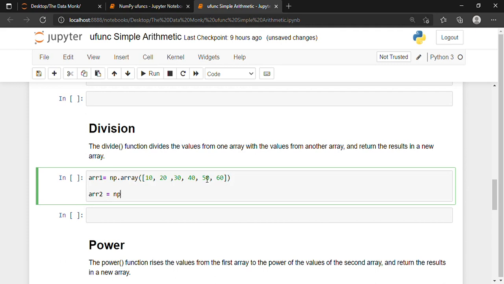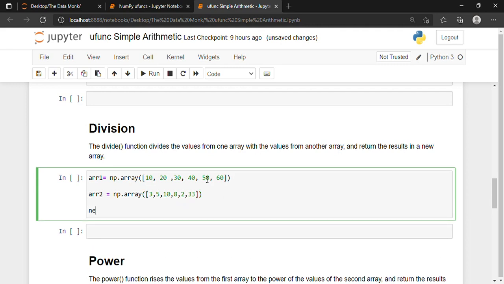I'll take one more array, and I'll name it array2, and array2 is equal to np dot array, and this I'm taking as, let's say, 3, 5, 10, 8, 2, 33. Different bunch of numbers. And in the new array I want to store the division, so np dot divide, and I'll write array1 comma array2.